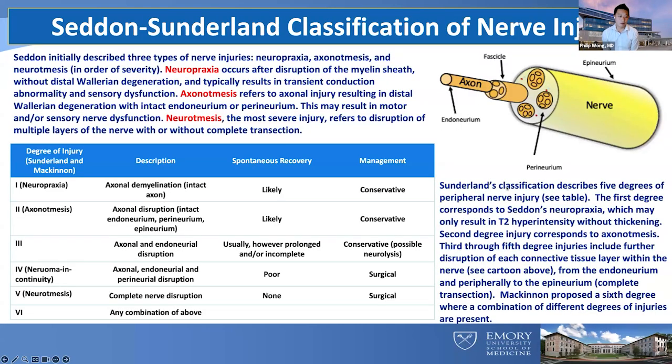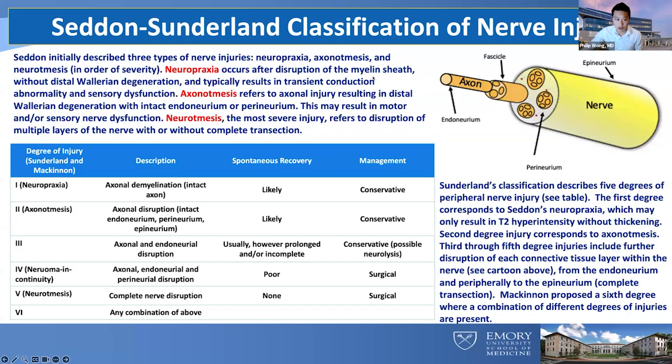And so when we're going over traumatic plexus, after we take a look at the nerves, if we see something wrong, we're going to have to classify these nerve injuries. Seddon and Sunderland were physicians that came up with nerve injury classifications. Seddon initially described nerve injuries in terms of neuropraxia, axonotmesis, and neurotmesis, which are in order of severity, where neuropraxia